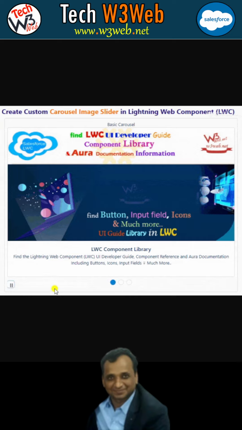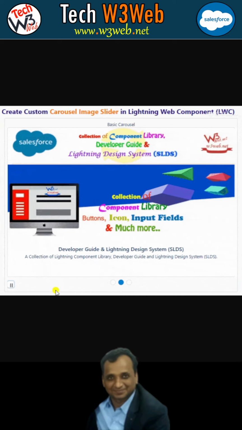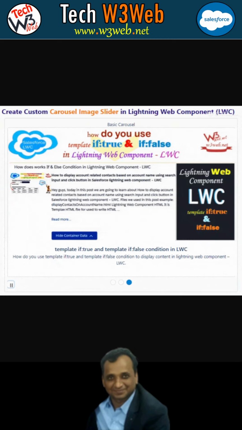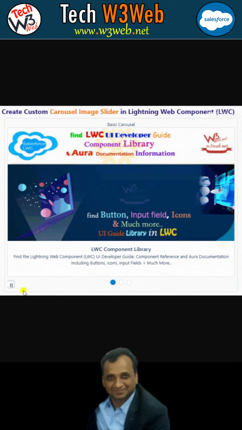and previous button at the bottom of the slider, so that the user can go back and go to the previous slider image easily. We will use this slider image to create the lightning carousel image tag element in the lightning web